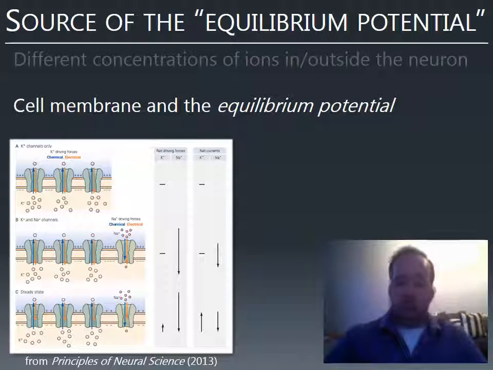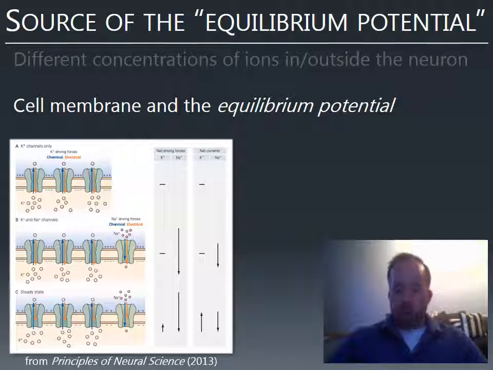Well, it means, again, we have these two forces. So a couple of the ions that will be important today are sodium and potassium. Now, these are both positive ions. They both have a positive charge. So that means they're going to repel one another. Sodium doesn't want to be where potassium is, and potassium doesn't want to be where sodium is. But at the same time, the neuron has molecular machinery in place that keeps a lot of sodium outside the neuron and a lot of potassium inside it. So what does that mean if you're a sodium ion? Well, it means that because there's so much sodium outside and almost none inside, you really want to be inside that neuron.